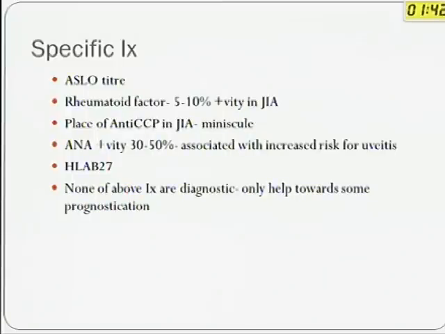Similarly, we know that the rheumatoid factor positivity in JIA is extremely low, so we cannot depend on that to make a diagnosis for us. The children who do have rheumatoid factor positivity are important to know because these might be going on to having adult erosive disease. Anti-CCP, very low. ANA, the only thing is whether there's an increased risk for uveitis. And same with HLA-B27. If you have the clinical background of an enthesitis-related arthritis, and you're HLA-B27 positive, you could be at risk for future ankylosing spondylitis. That's all. It's not diagnostic in any way.